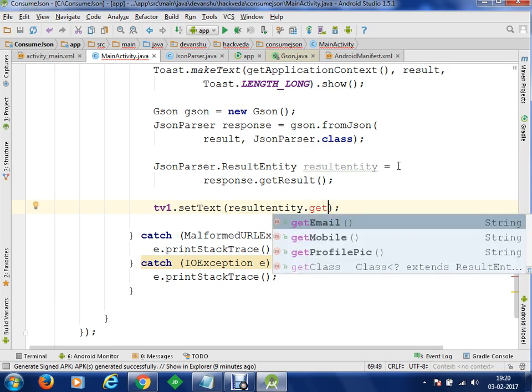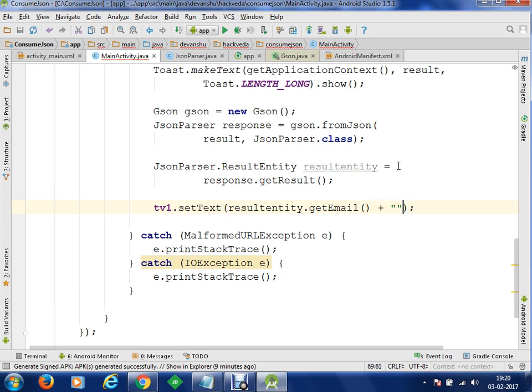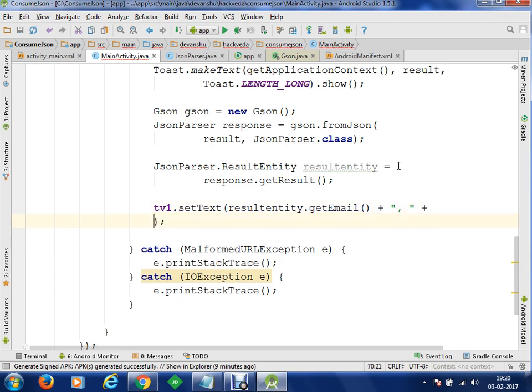Okay, let's say get email. Then I would like to, let's say I am going to add three values here. I am going to use, let's say, comma. I am going to add another value, and this will be my result entity dot get, let's say, mobile. I am going to get the mobile number as well. Clear? Then I am going to add a plus statement here.